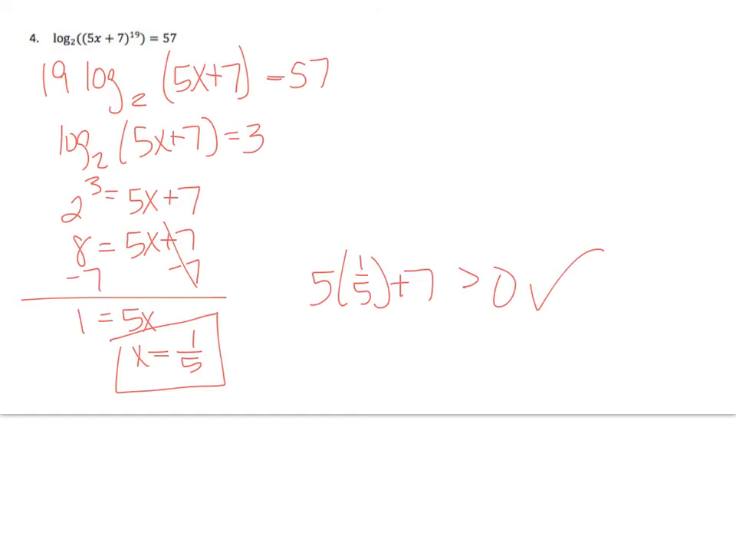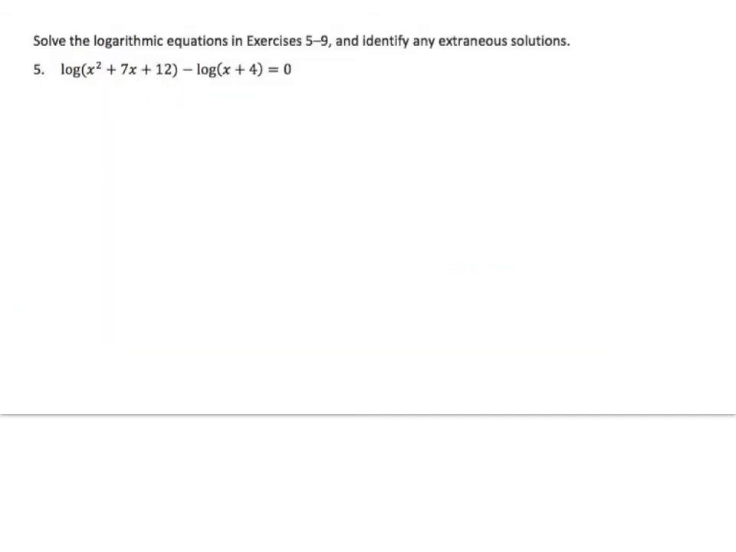All right, I got x equals 1/5. I plugged it back into the original log. I'm a positive, positive interior. My binomial is positive, so we're good. My solution is not extraneous. All right,